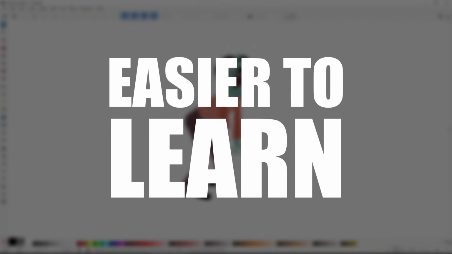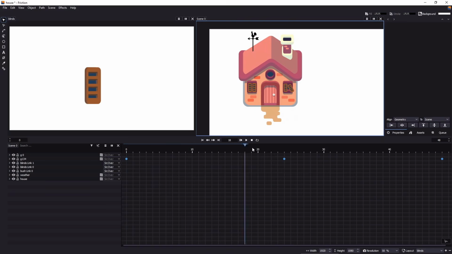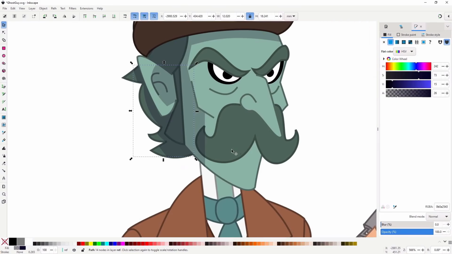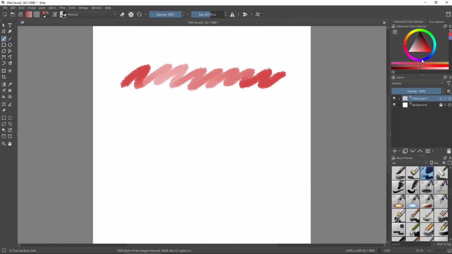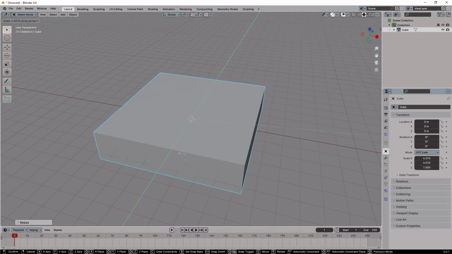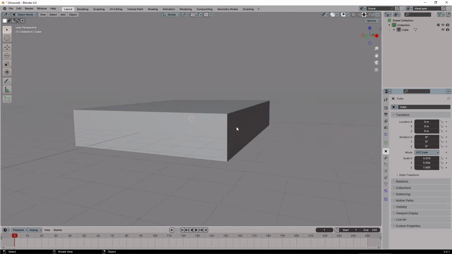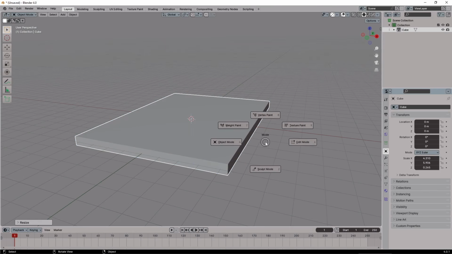Number 2. Simpler software can sometimes teach better. Because of economics, open source programs often focus heavily on core functionality instead of piling on endless extra systems and integrations. That can actually make them easier to learn. You spend more time understanding the fundamentals of the tool and less time navigating layers of complexity. Of course, there are exceptions, Blender being the most famous one, but in general, many open source tools feel more focused and straightforward, and for beginners, that can be incredibly valuable.